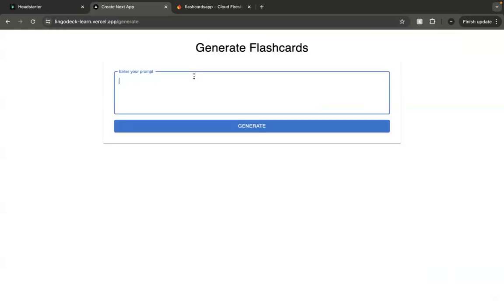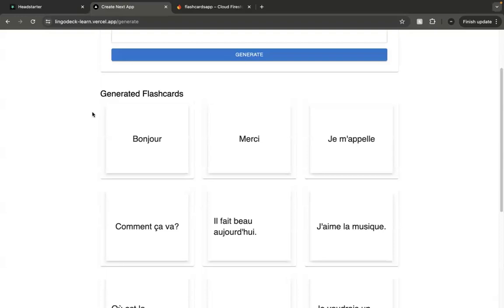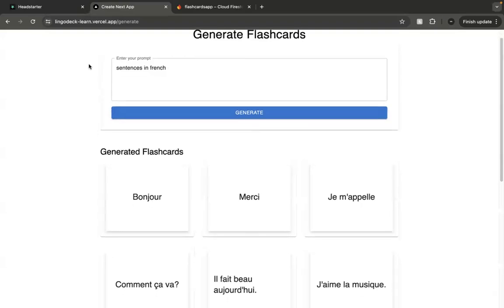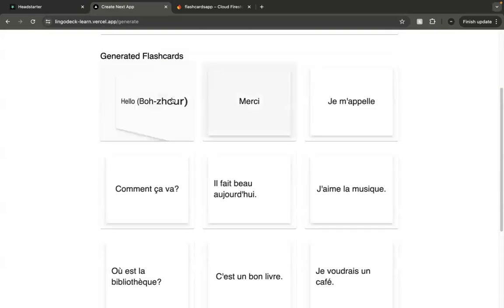So we can enter a prompt. Let's say sentences in French, right? One thing we're trying to do is, as you can see, when we press generate, it doesn't really show that it received your input. So obviously we're going to add some UI to improve that, so that you know that once you click generate, it actually received your input. So as you can see,